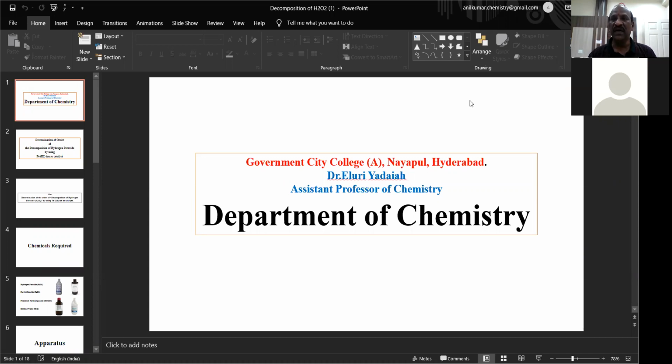Next, there will be two procedures given: one is surface tension and the other is viscosity. Out of these two, viscosity and surface tension, you have to write one experiment's brief procedure. It carries 5 marks. So that you have to write. After that, we will give the experiment. Then we will give the question.